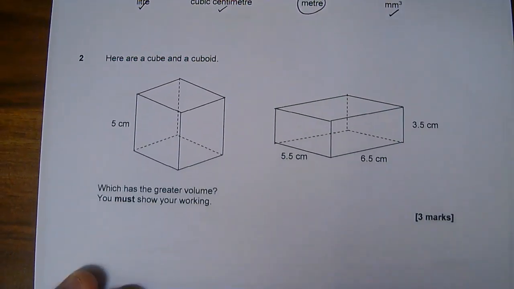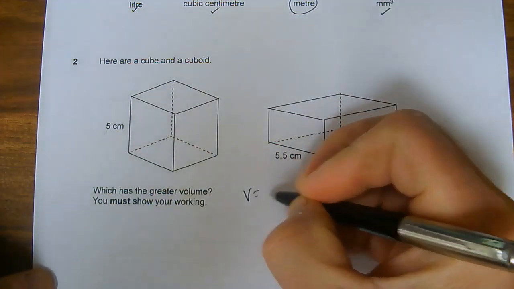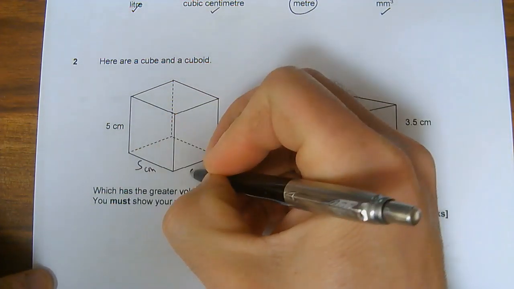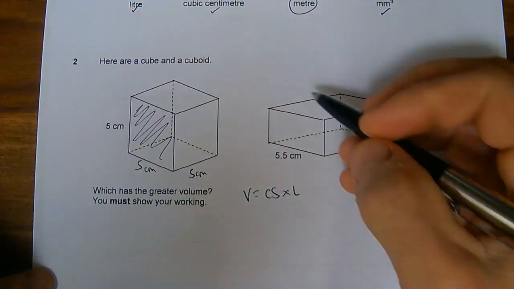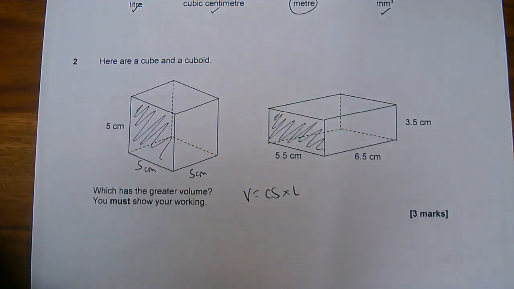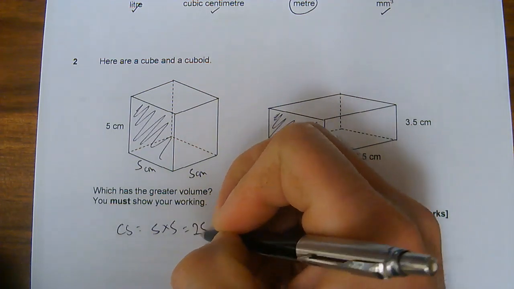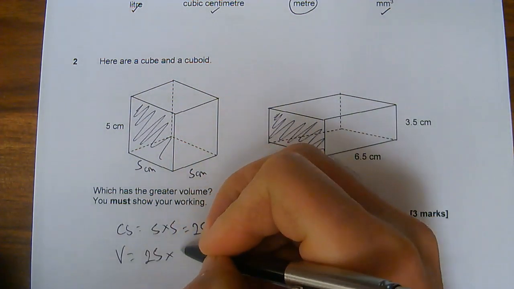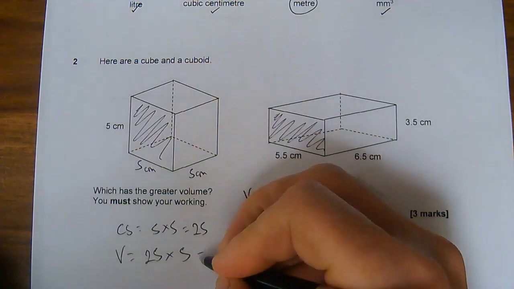Question 2. Which of these shapes has the greater volume? Well, remember we're looking at the volume is the cross section times the length. This is a cube, so everything's 5 centimetres. I'm going to take this bit to be my cross section. This is a cuboid. I'm going to take this bit to be my cross section. Start with the cube first. My cross section is 5 times 5, which is 25, which means my volume is 25 times 5, which gives us an answer of